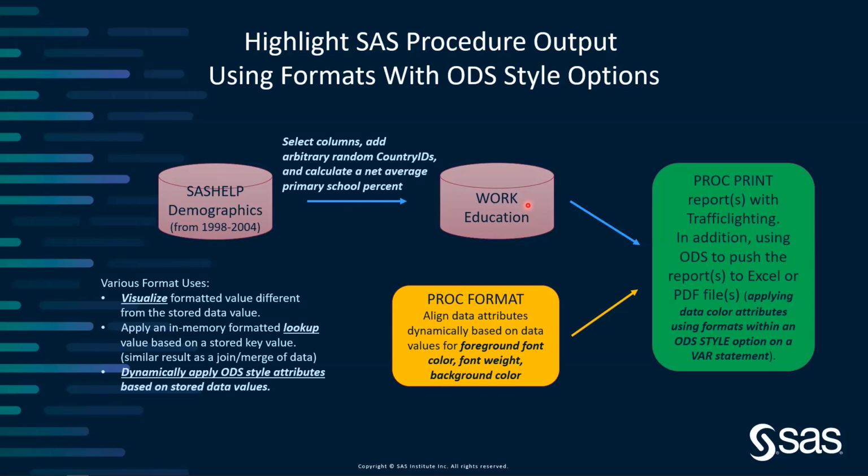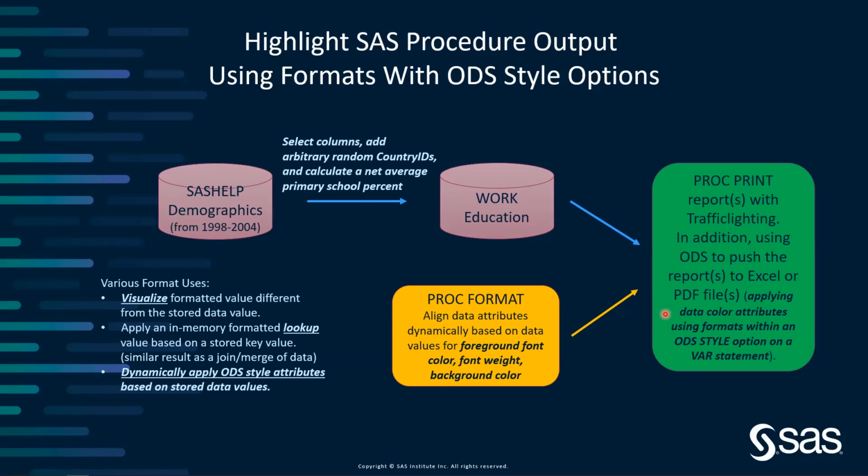We will also take advantage of some ODS features. ODS stands for the Output Delivery System, and one of its features allows us to create files in various application formats, such as Excel, Adobe Acrobat, HTML file output, and many others. We will use these features of ODS to create actual files that we can push into Excel, Acrobat, and a little later in a second demonstration, we'll create some HTML files using this technique.